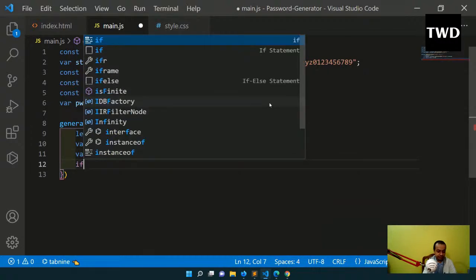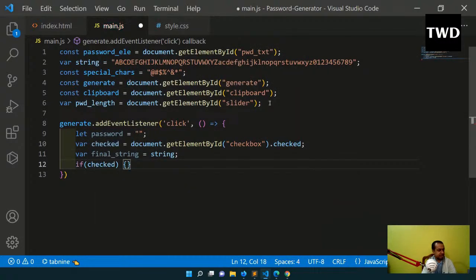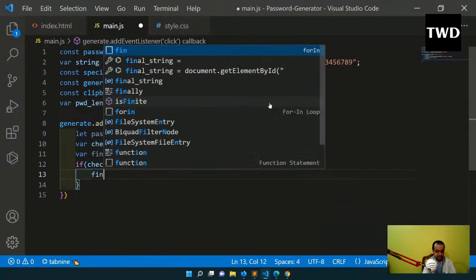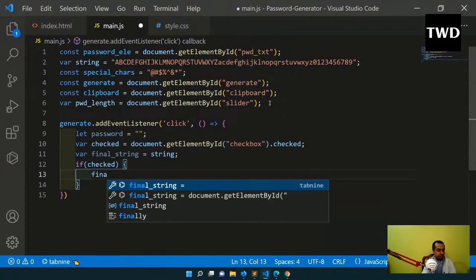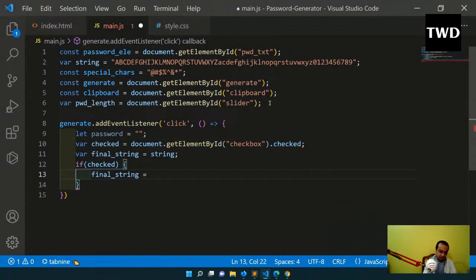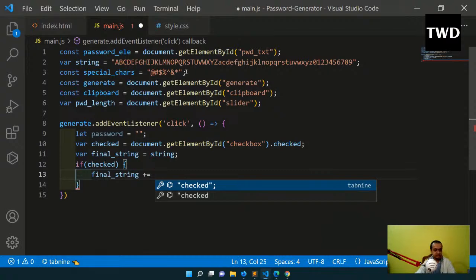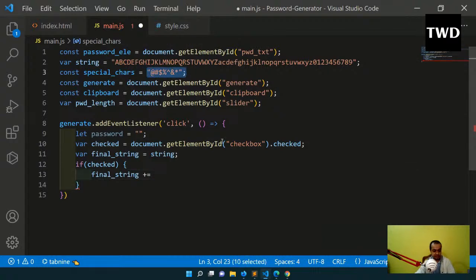So if checked, then finalString, we have to add the string also, only if checked. Same thing, like this, and then